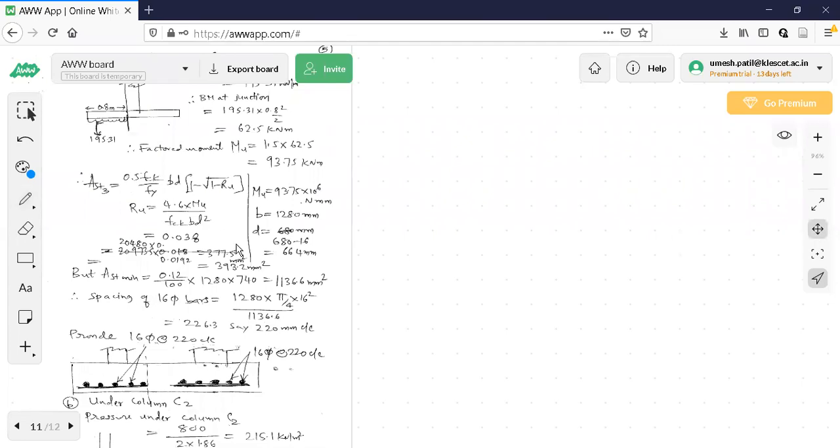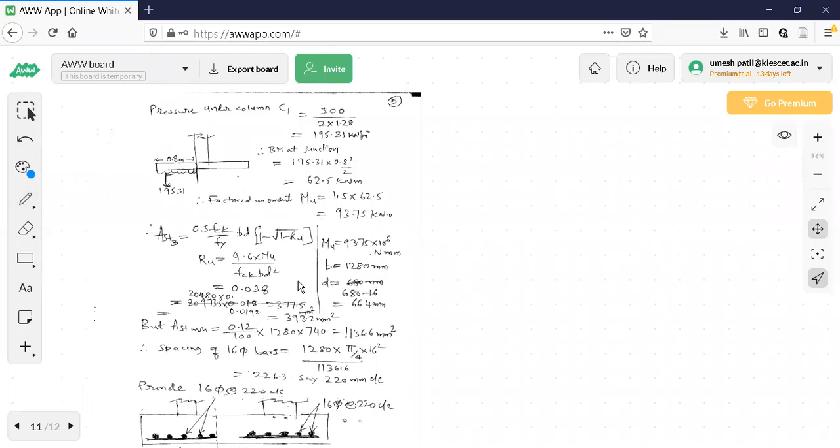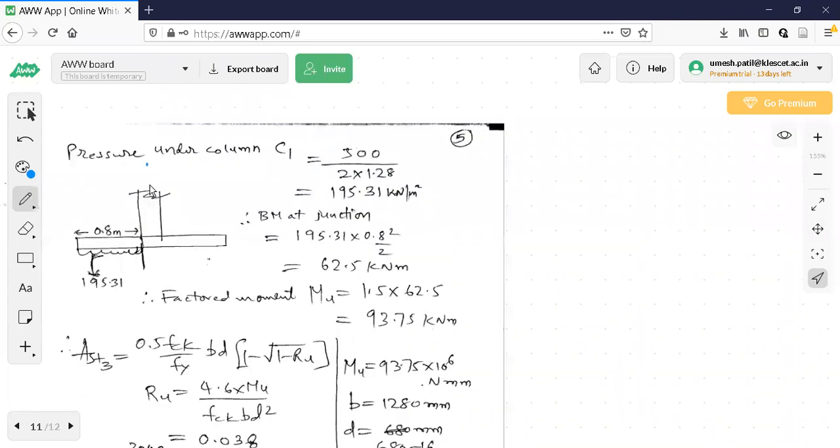Carefully observe this one. What I have done is, now let us start with column pressure under column C1. Carefully observe. C1 is 500 kN is the load acting here. The load acting here is, already you know it, column carries a load of 500 kN. So this 500 is written here, column load, divided by the area. This is very important. This is the area of the strip. See this one, 2 into 1.28.